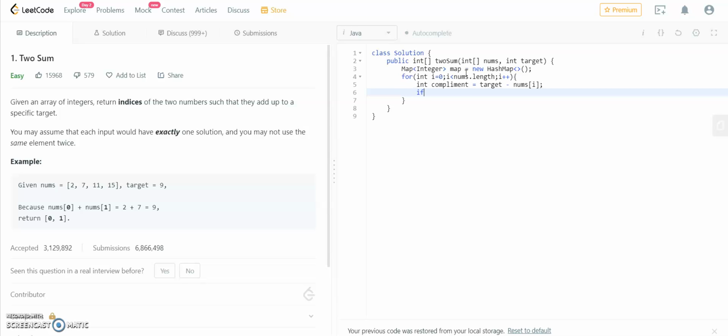And if the map contains this complement, then nums of i and complement are the two numbers which we need. So if map dot contains key of complement,